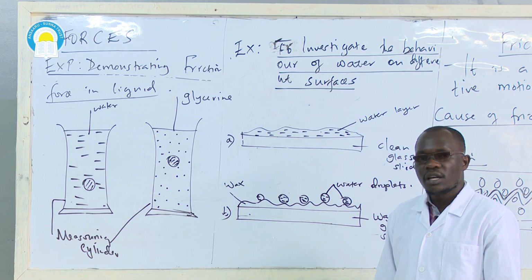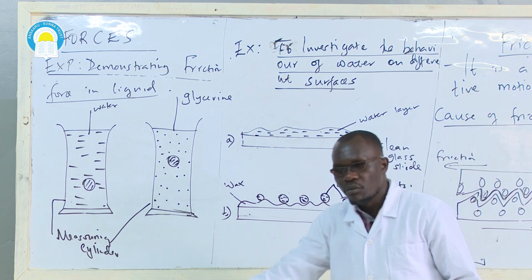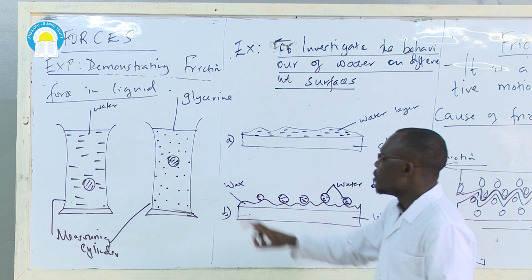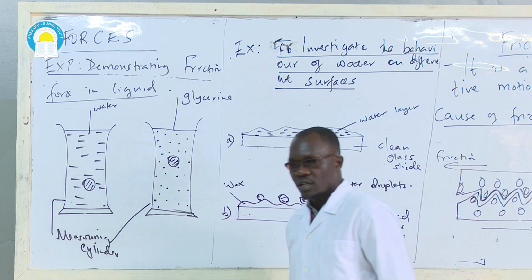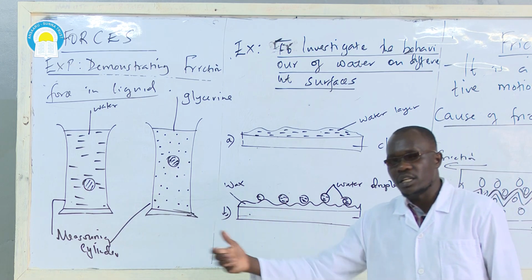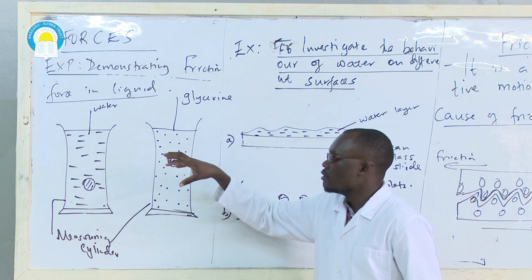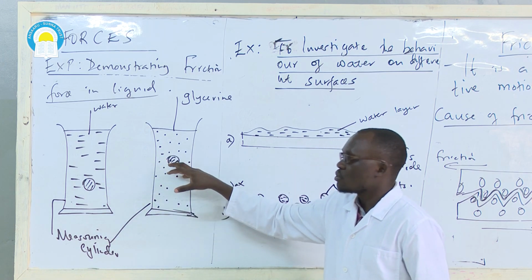Whenever there is motion, there is a force we are calling friction, which will always try to counter motion. So you find that the 2 ball bearings experience an opposition to their movement. There is a force which is trying to counter their movement in the liquid. And this force opposing their movement through the liquids is what we call the friction